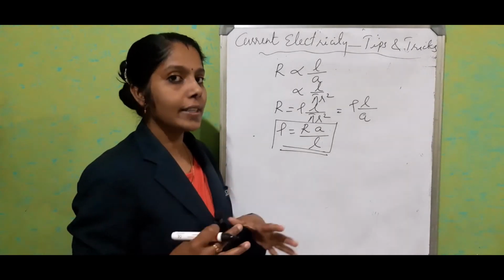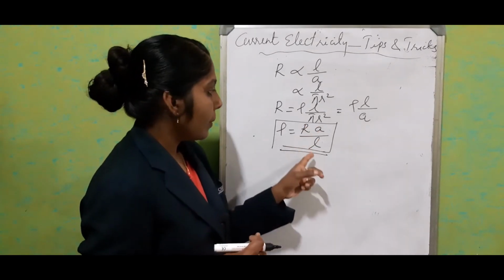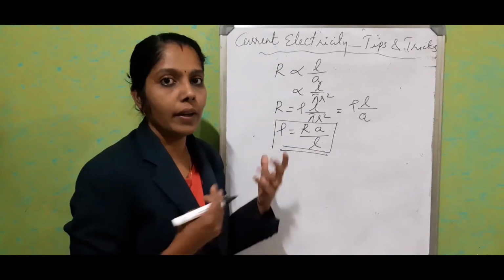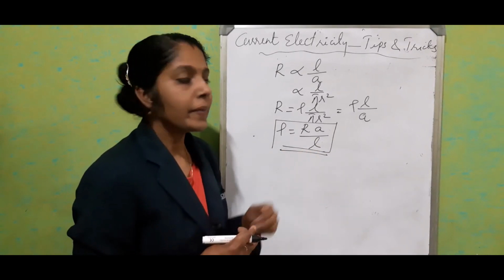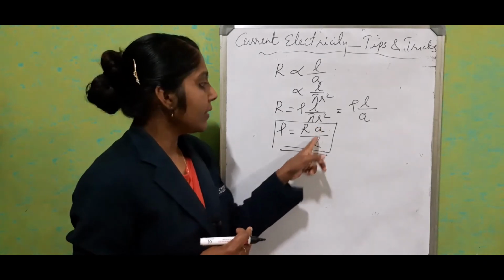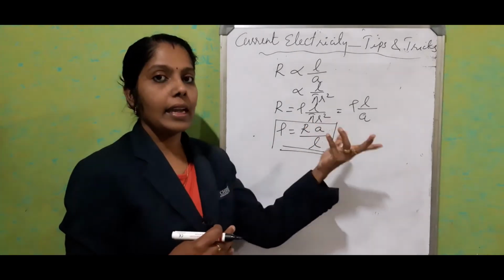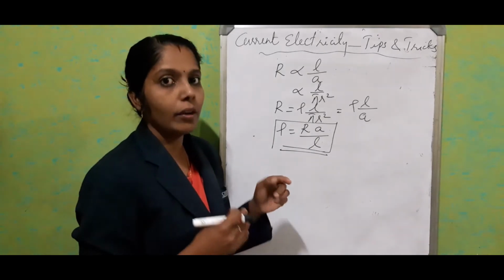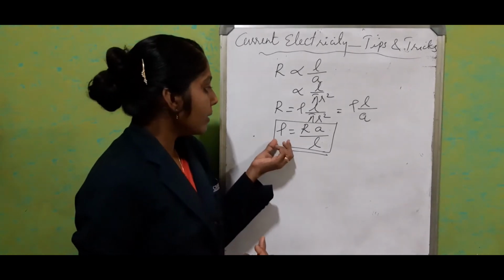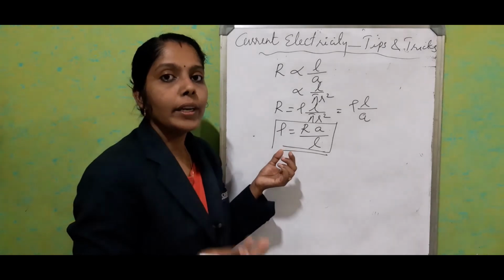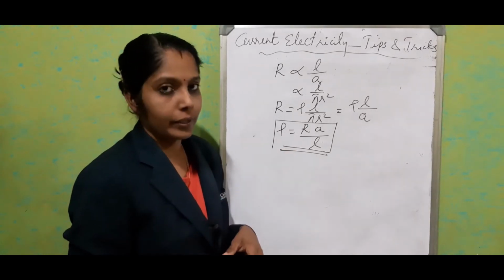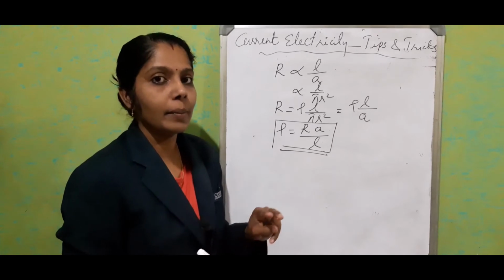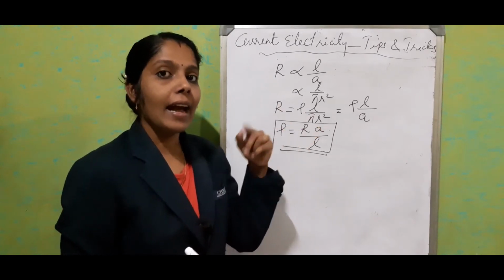Normally, we study that if any factor comes in the equation, that factor always depends upon the content, right? But here, these factors are independent. Area and length are always independent of this resistivity or specific resistance because it is a value for unit length and unit area of cross section. So here only two factors it depends upon: material and temperature.